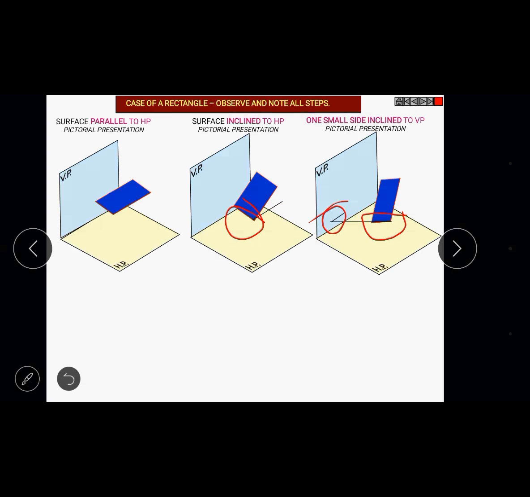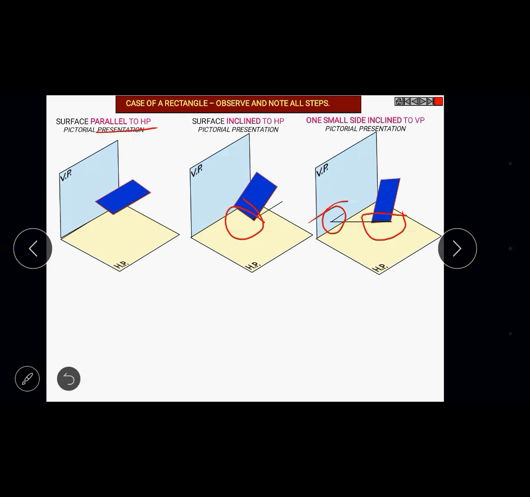So these are the three basic positions of the lamina. You find them in all those VTU solution problems. The first step is the initial, foundation step: the lamina resting on either HP or VP. Here it is given that it's resting on HP. In the second step you will get the HP inclination, and in the third step you will get the VP inclination. The HP inclination in the second step is with reference to the surface of the lamina, and the VP inclination in the third step can be either with reference to the same resting edge or with reference to the median of the lamina.